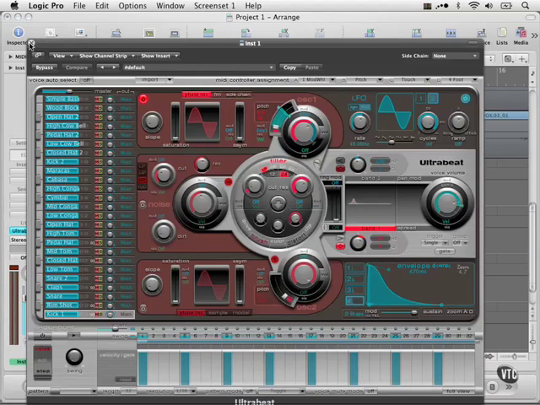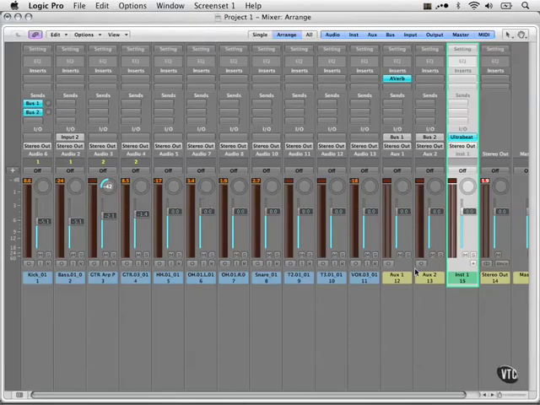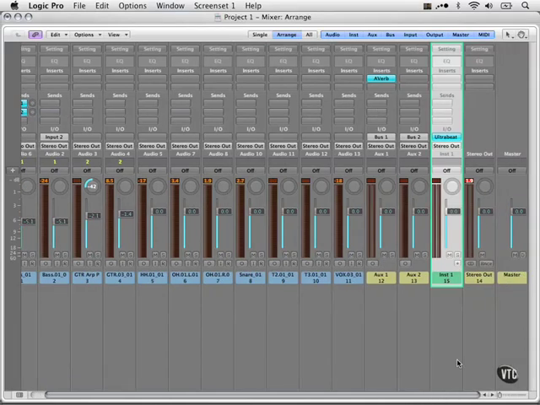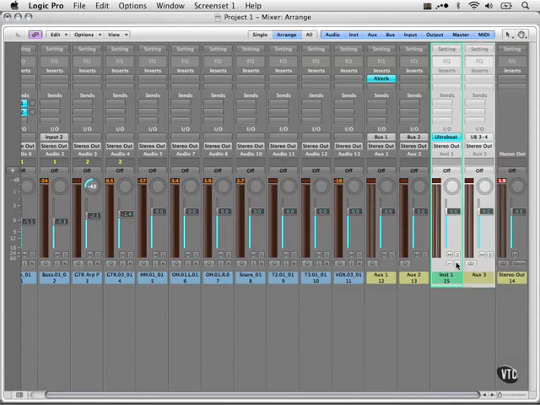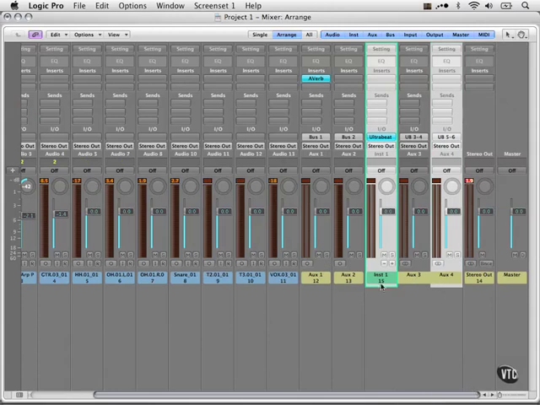We're not going to talk that much about this right now, but when we go into the mixer, we can actually see this here. Here it is. And the way that Logic now does this, it's done this for a little bit, is pretty awesome functionality. There's a little plus key right here. And we can click on this to open up additional channels. So you can see it brings open aux3 and aux4, and the inputs are automatically set to Ultrabeat 3 and 4, Ultrabeat 5 and 6.